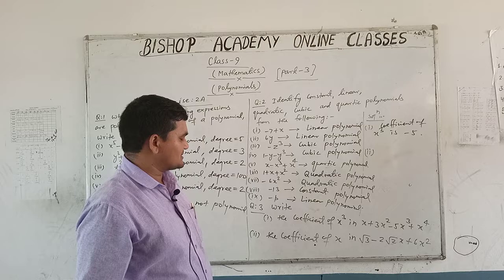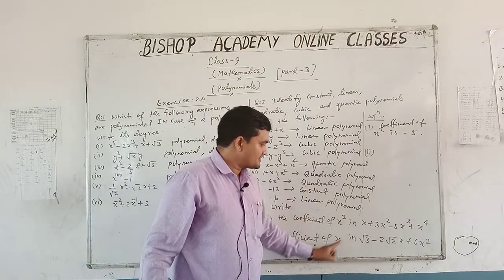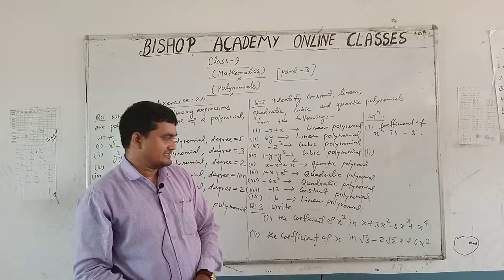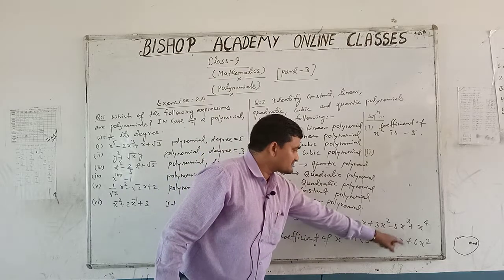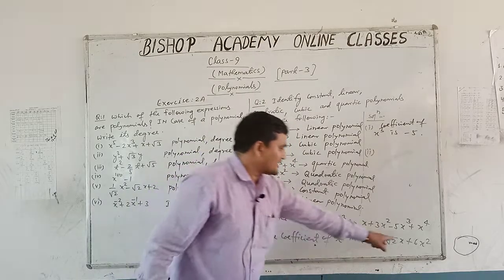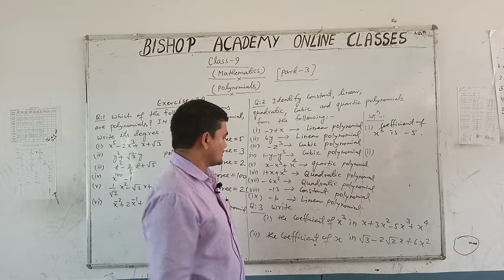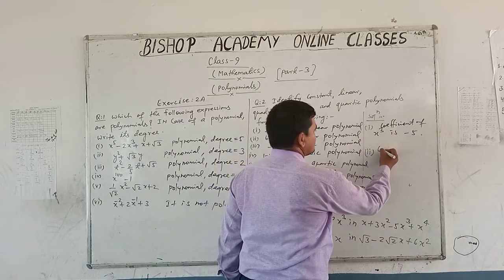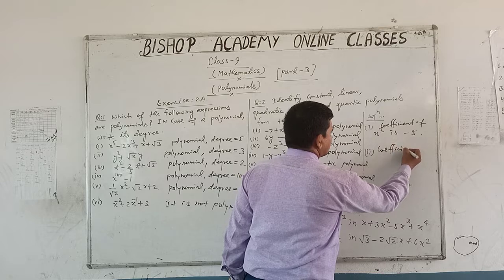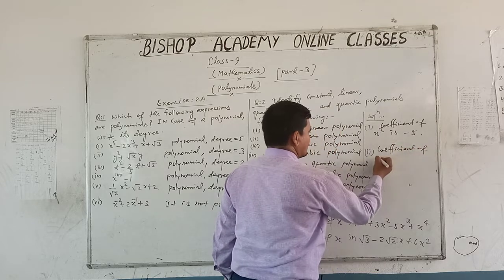Now in second part we have to find out coefficient of x. Here we see in this polynomial multiple of x is -2 √2. Therefore coefficient of x is